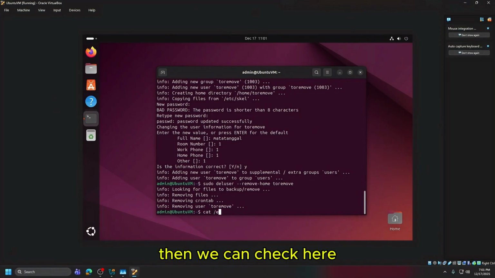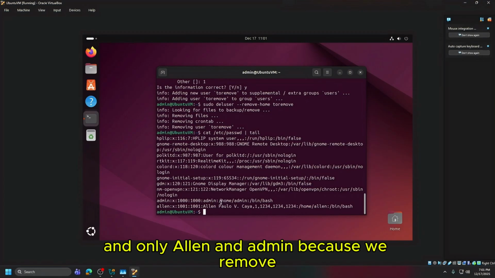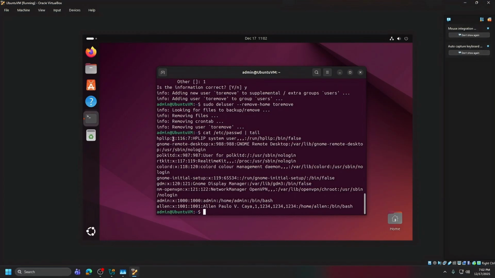Then we can check here by using the same command as earlier to check for users. Only Allen and admin remain because we removed the user.